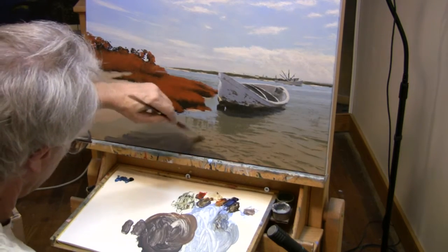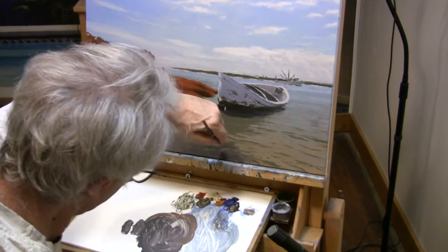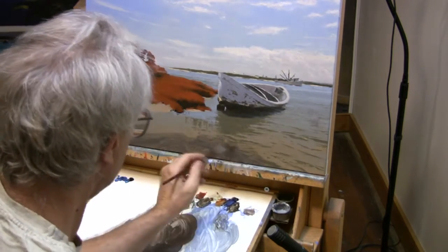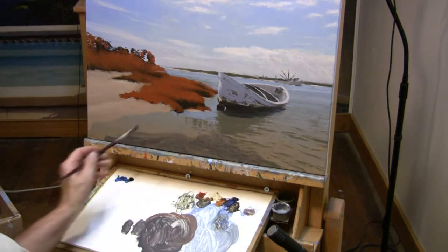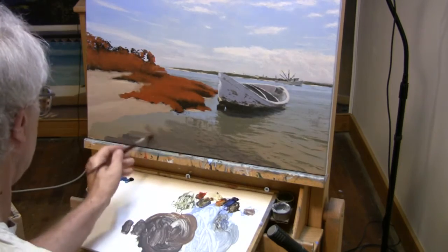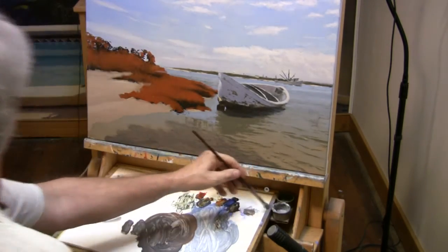And I'm just painting right over all my wave shapes. They'll still be visible through the glaze. And I'm also using a large, soft scumbling brush. Now we're not going to leave it this dark. We'll be wiping this down, but